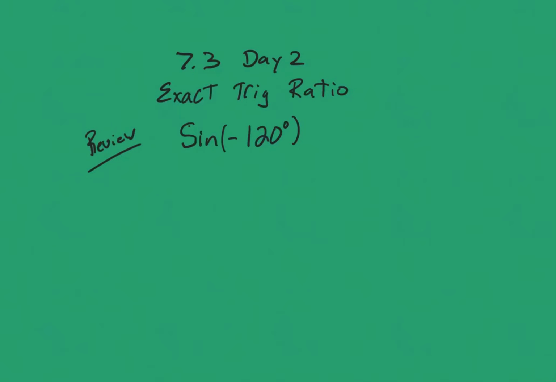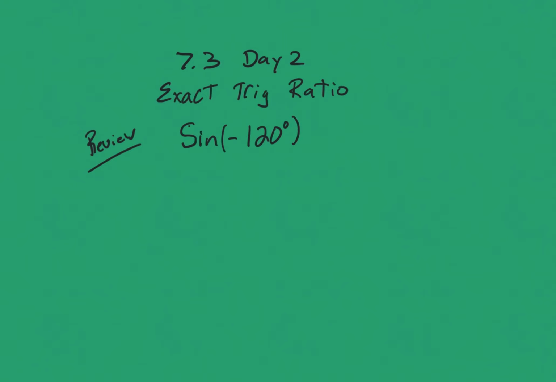So we are, again, just like yesterday, we talked about it yesterday. We worked exact trig ratios yesterday, but when we did exact trig ratios yesterday, we talked about, okay, how do we go about doing them if we have an angle measure? So just kind of a quick review. This first one that we have is the sine of negative 120. So we're going to go ahead and give the exact trig ratio for the sine measure of an angle that's